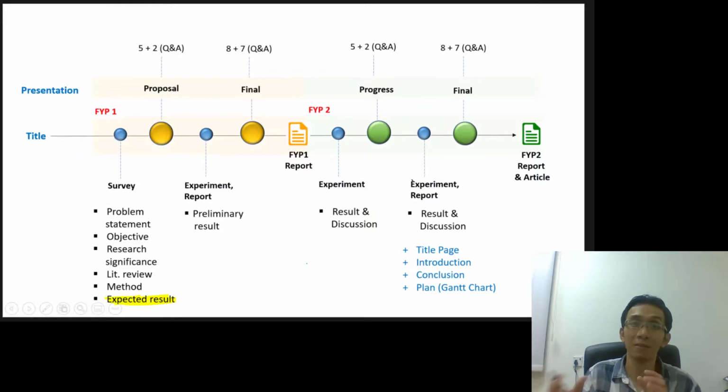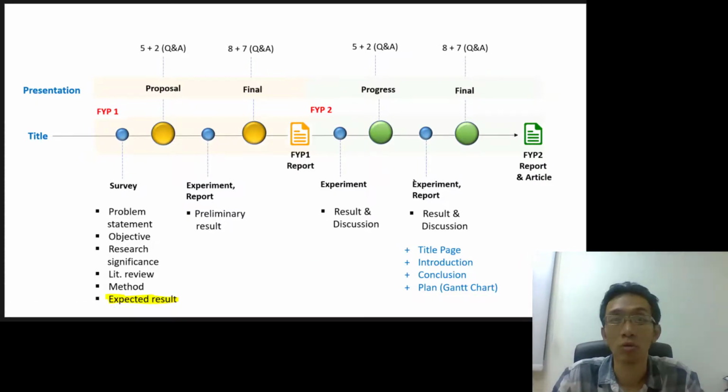But don't just simply take the result from the literature and paste that and say that this is what we expect. Because after all, if you just copy a literature graph and put it on the expected result slide, then what is the difference between your project and the literature? Logically, when you do your project, you basically want to solve some problem. If the problem is already solved, then what is the purpose of you doing your project? So that's what happens if you take a picture, image, or graph from the literature, paste it on your slide and claim that this is my expected result. At least you need to modify that to show that you do something new.